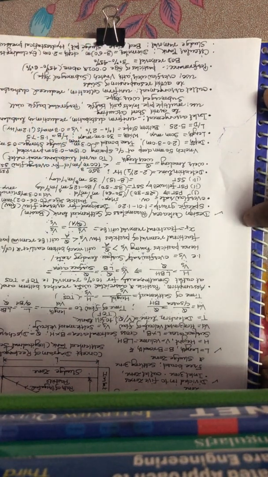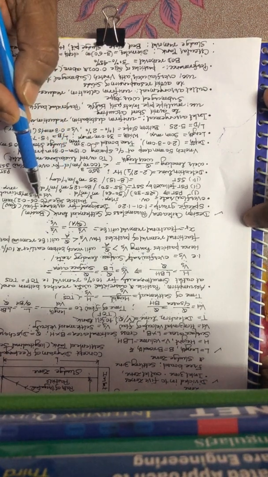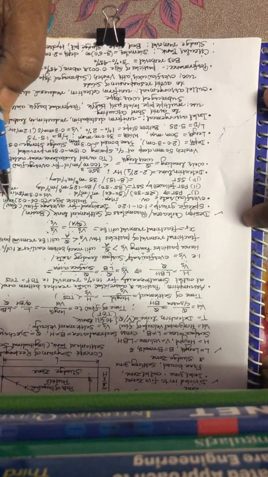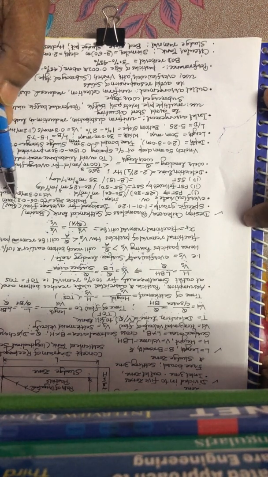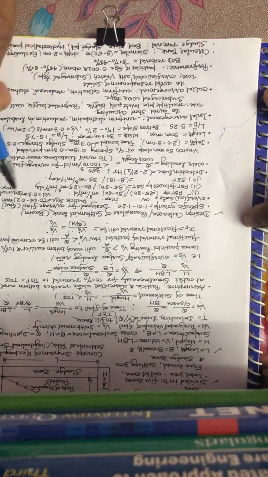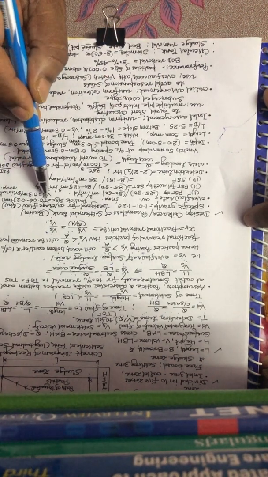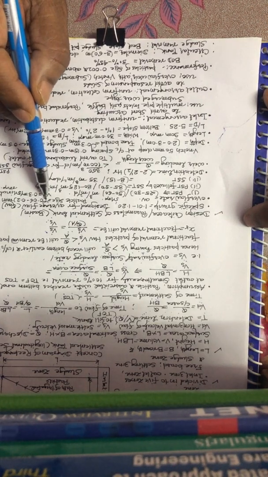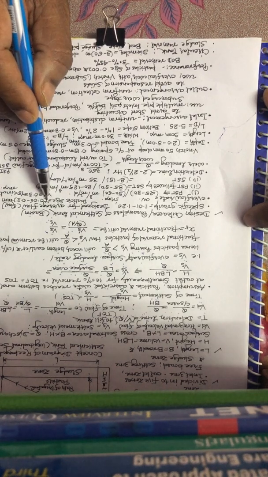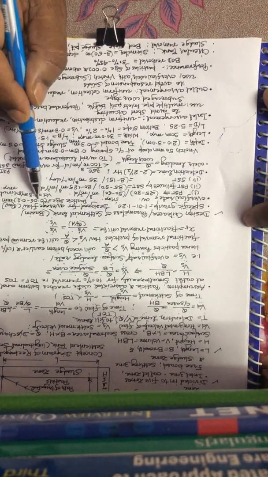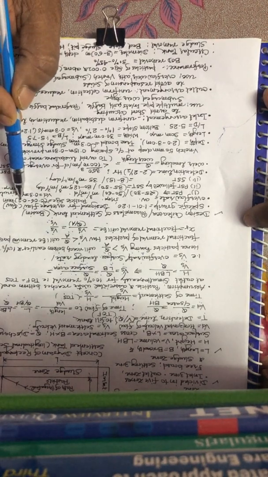The particle size which is targeted is 0.06 to 0.2 mm, because the particles more than 0.2 mm are called grit, and they are already removed by the grit chamber, and the particles which are less than 0.06 mm are called colloidal particles, and they require coagulant for their removal. So the particles of this range can only be removed by gravity or plain sedimentation.